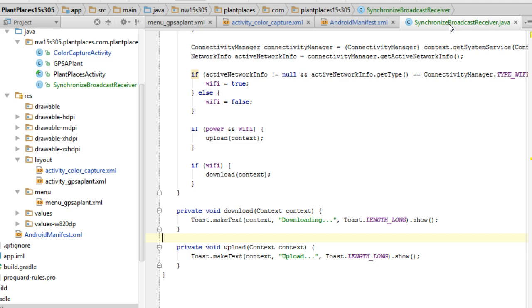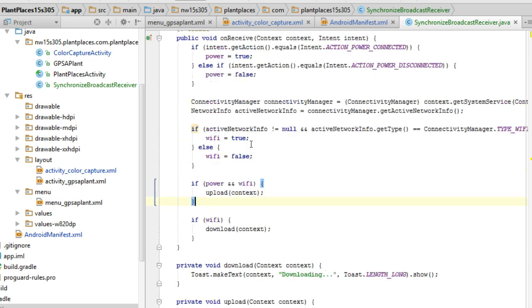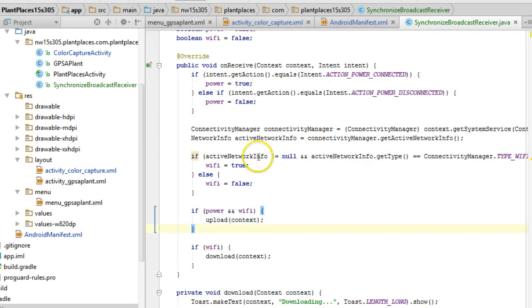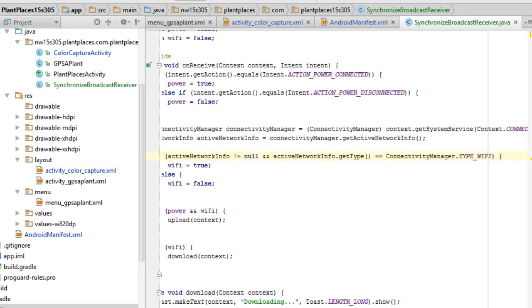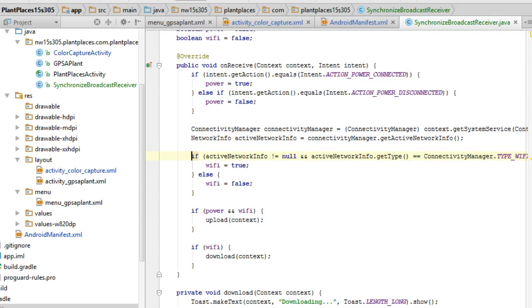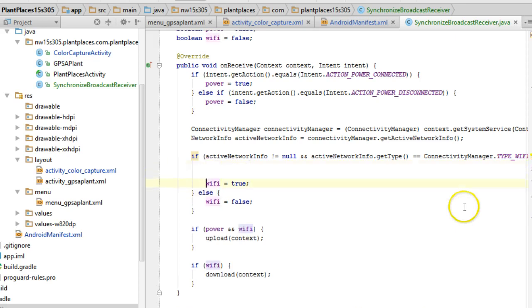are actually connected. So I already have a broadcast receiver I've built in a previous video. And if we take a look, I have if active network info is null, active network info get type, connectivity manager, Wi-Fi type. That's going to tell us if we're connected. We can be a little bit smarter about this now. And what I'm going to do is I'm going to say